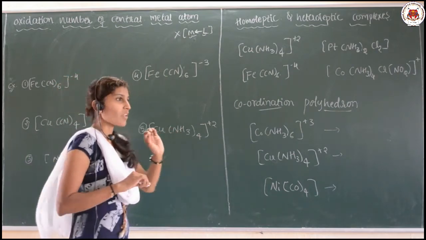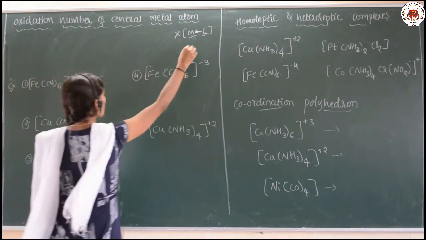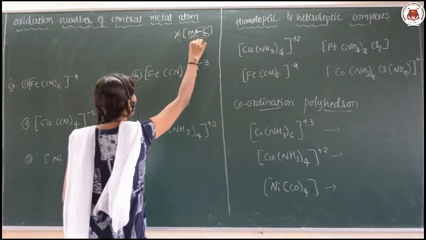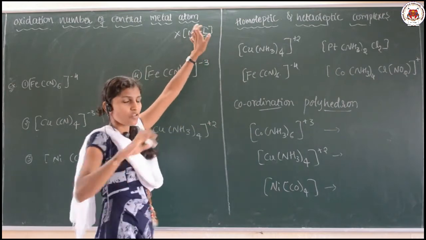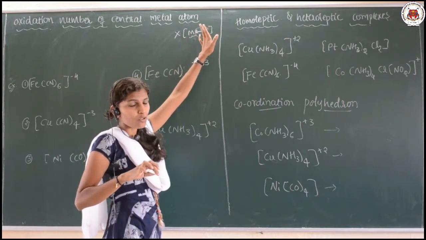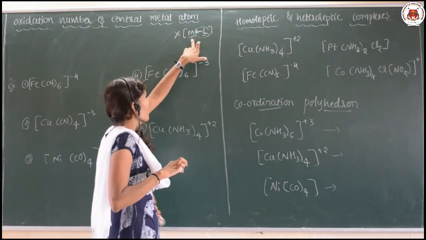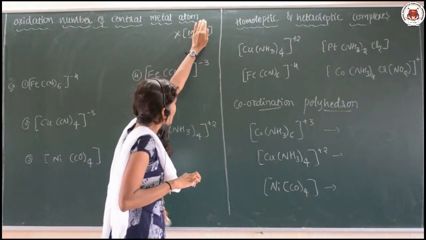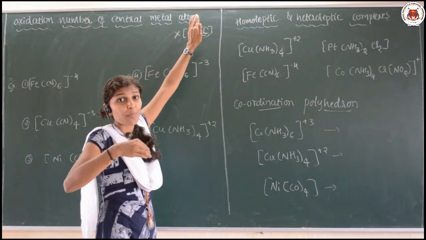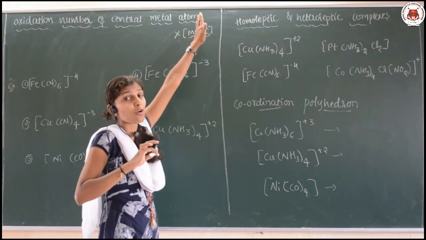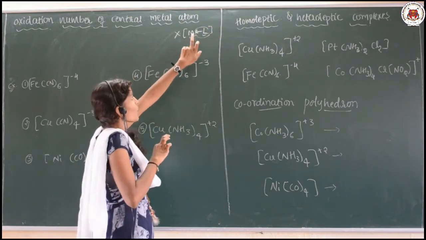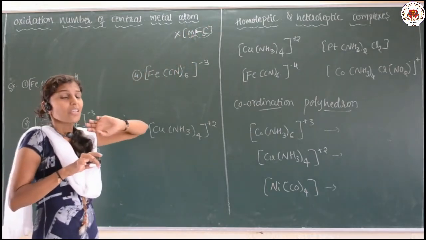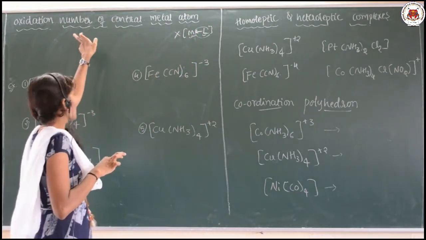Are you getting what I am saying? See here, suppose I am removing this ligand from the central metal atom. The ligand is donating a pair of electrons to our central metal atom. If I remove these ligands along with their shared pair of electrons, along with their lone pair of electrons, during that time the central metal atom carries a charge, and that is what we call the oxidation number.